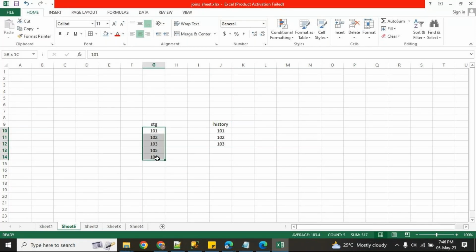Those are the employee IDs. In the other table, I have 3 employee IDs.